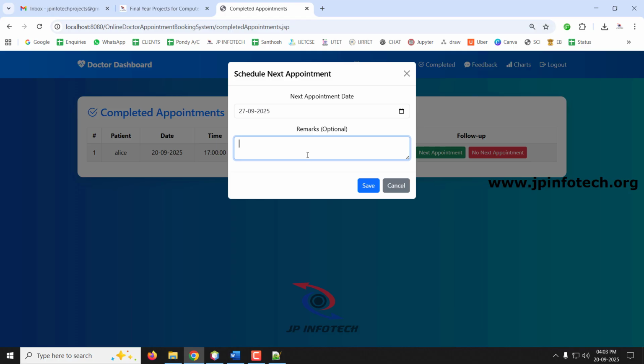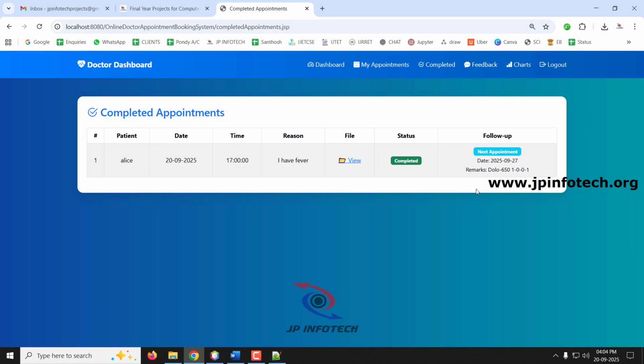So now the doctor enters the tablet as Dolo 650, and the dose is entered by the doctor, so that the doctor or patient can easily remember it. So let me save it. So now you can see the next appointment is on